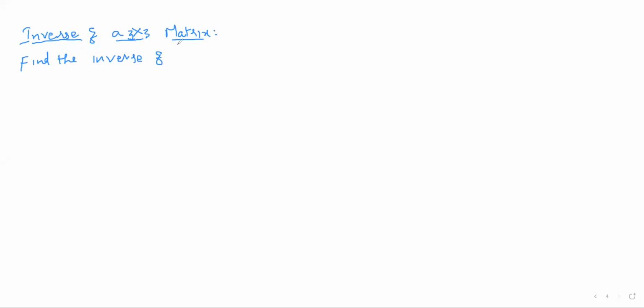Find the inverse of the matrix capital A is equal to 1 2 3, 1 3 3, 1 2 4, if it exists. Why do they write it like this, "if it exists"? Because if the determinant value is 0, the inverse does not exist. That's why. Okay, so solution.